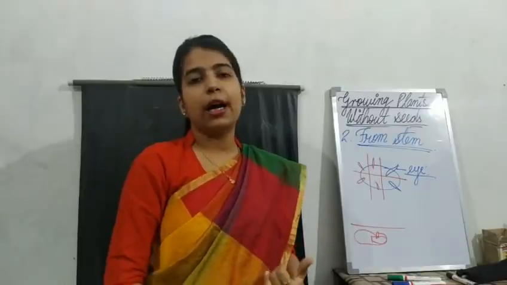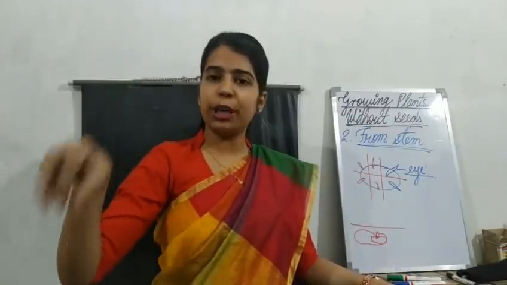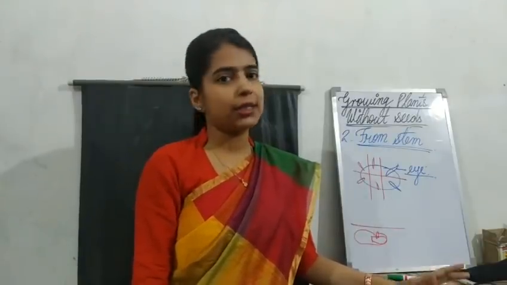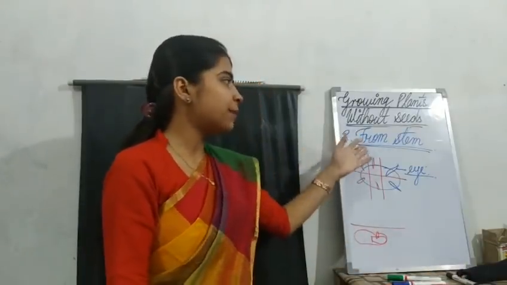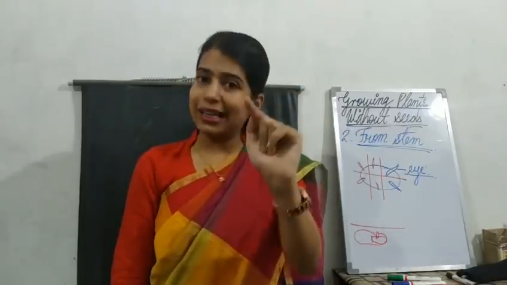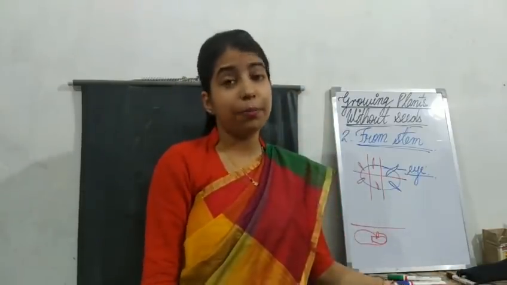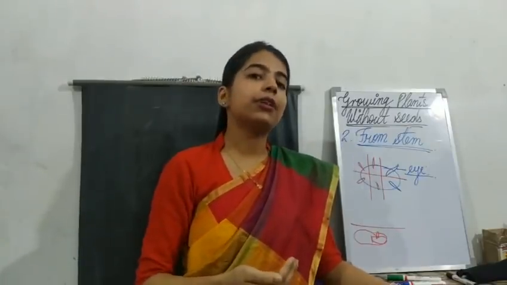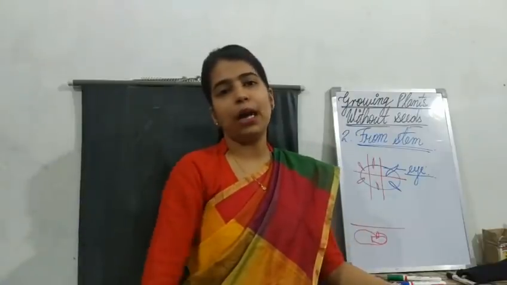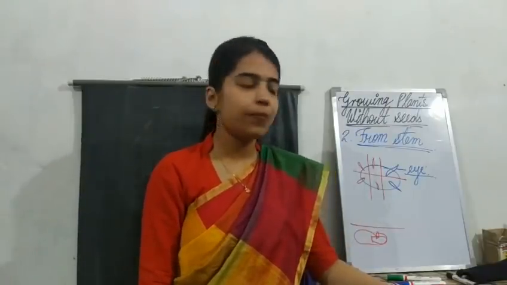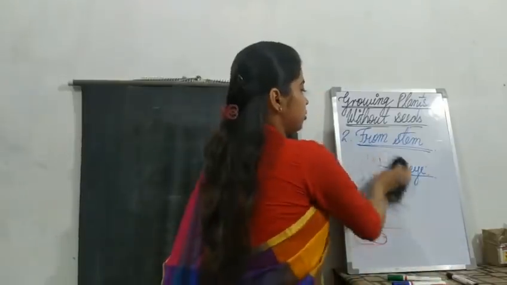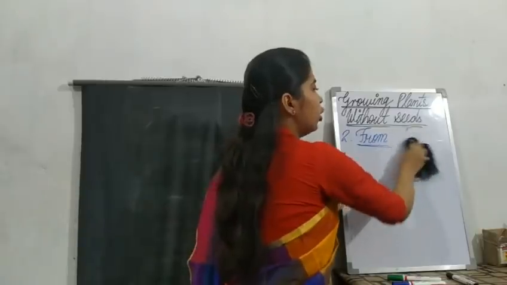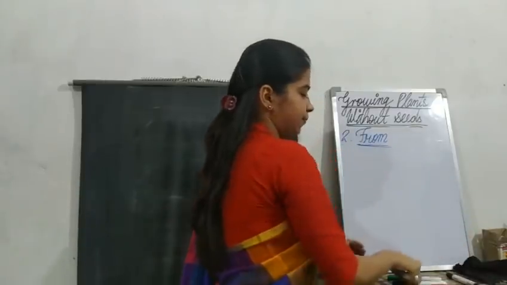Okay, from the root, how you can grow is you take just the top portion and put it, you will get a complete new fruit or vegetable coming out of it. That is in carrots or radish. Now from stem, just take a small cutting from the young plant, and that cutting if you put into the soil, you will see after some days a complete new plant coming out of it. Clear? Okay. Now the next portion is how we can grow a new plant from the leaves.